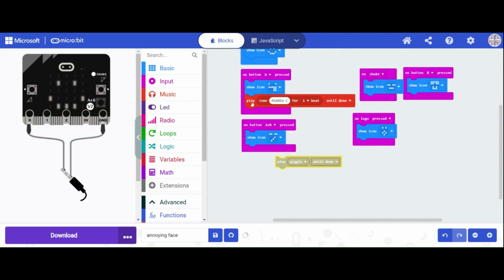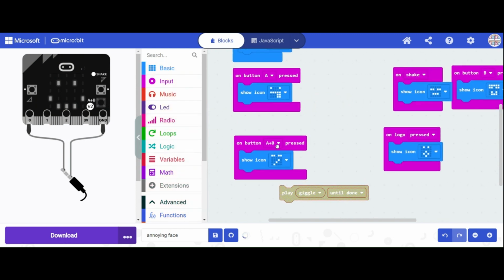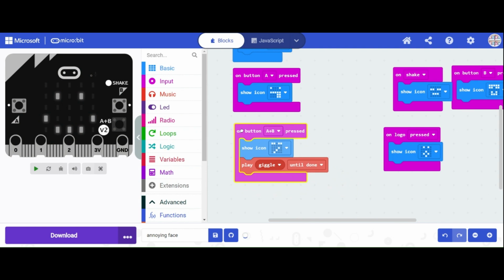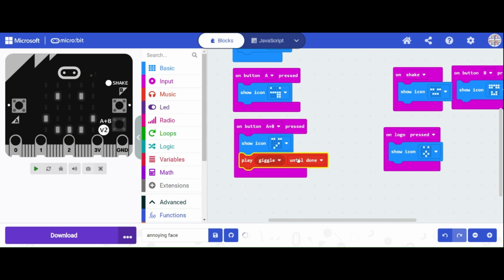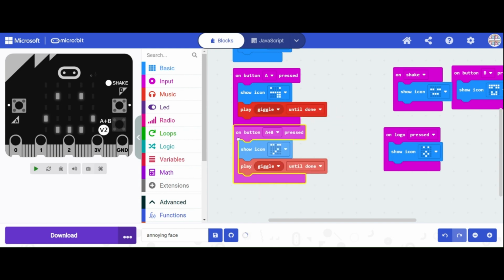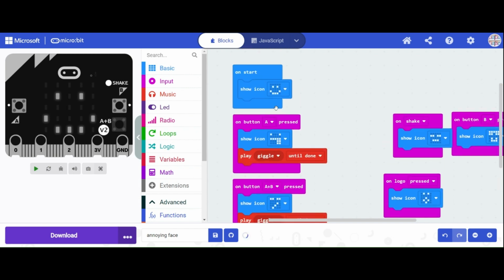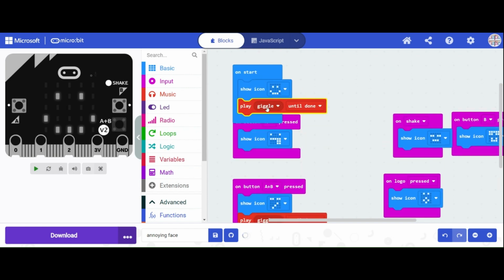Oh no, want to give this play giggle until done for me and then duplicate it and give on button A. Want to give maybe this I will give happy